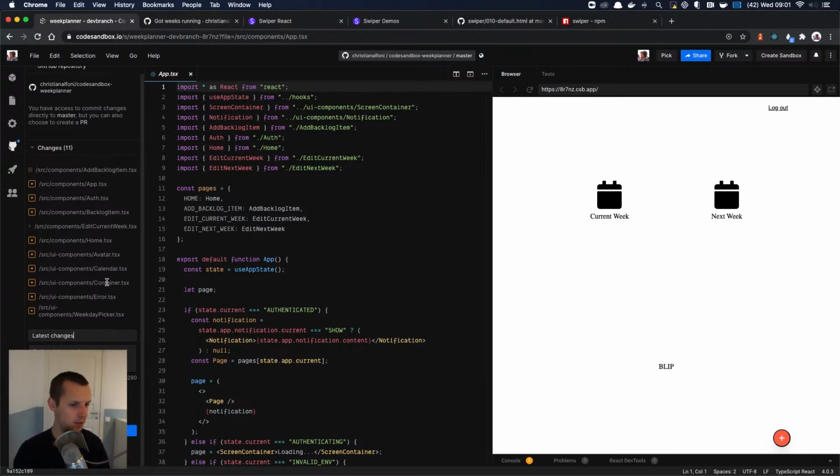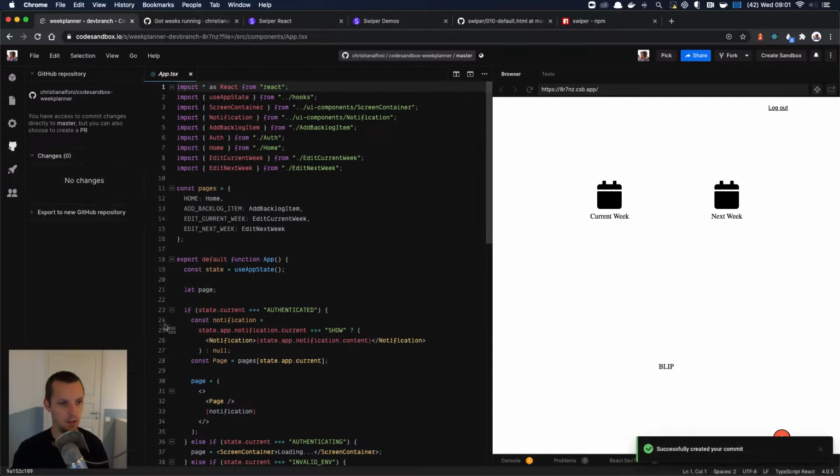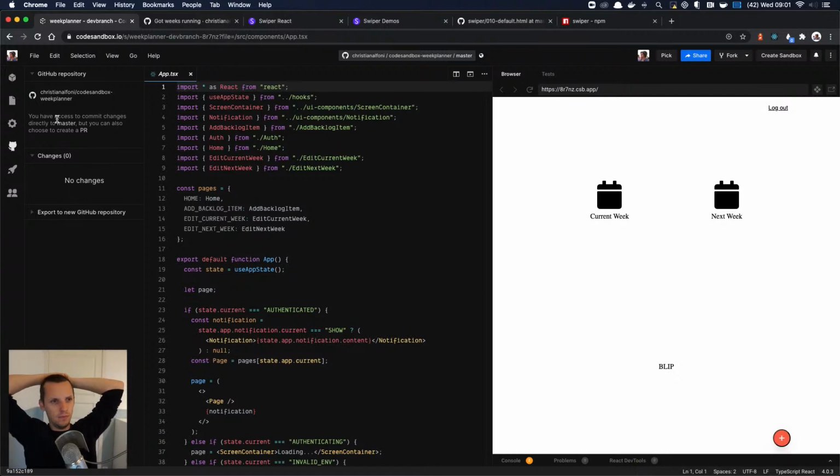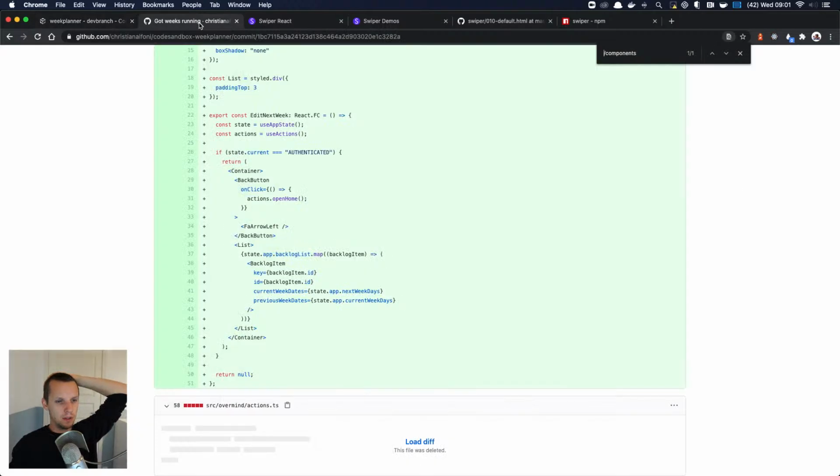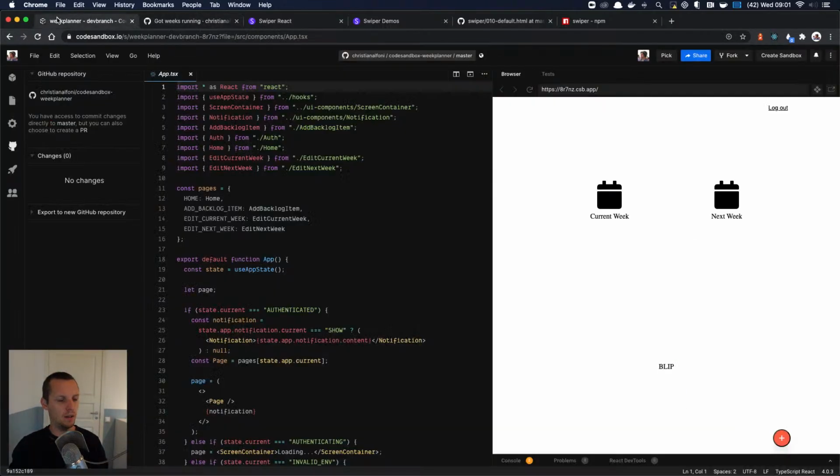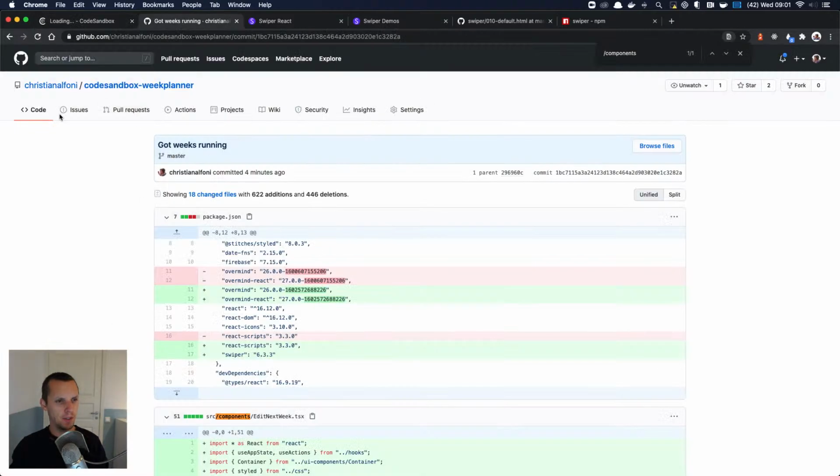Latest changes. Let's try committing this stuff. Let's at least take a picture of... okay, now it worked. So I had to make 2 commits here. That's interesting. Well, at least nothing was broken here. I just had to create 2 commits. But I wonder why those changes weren't part of the...